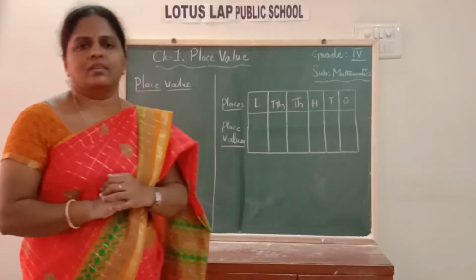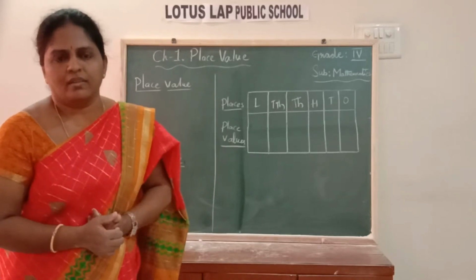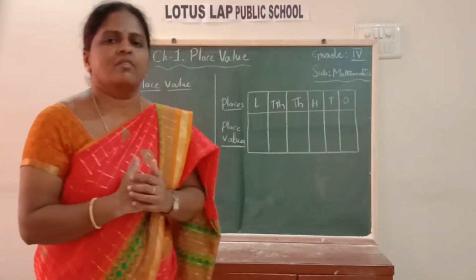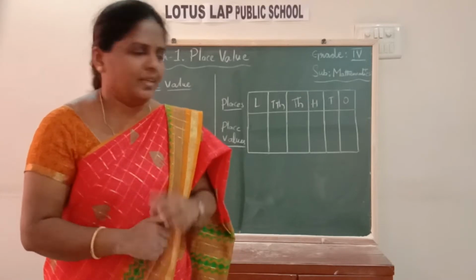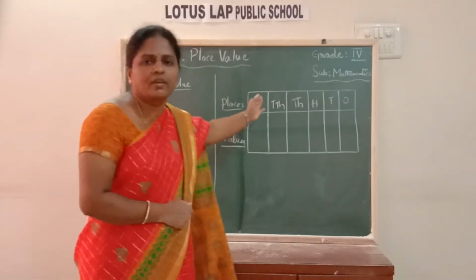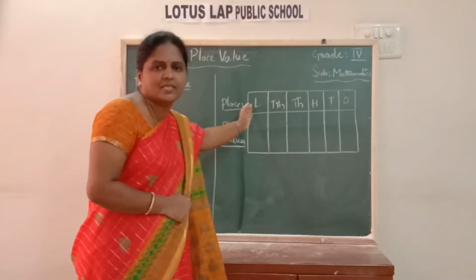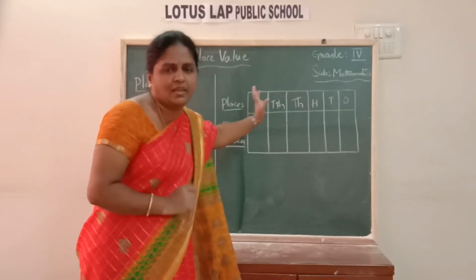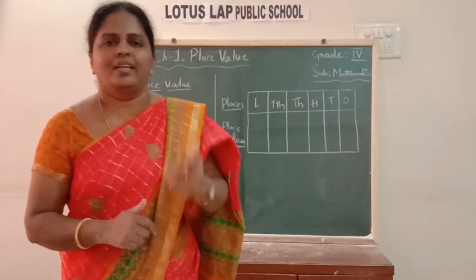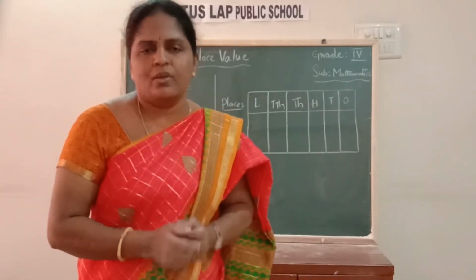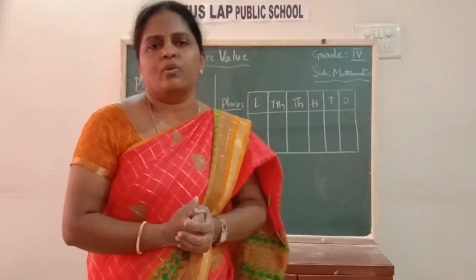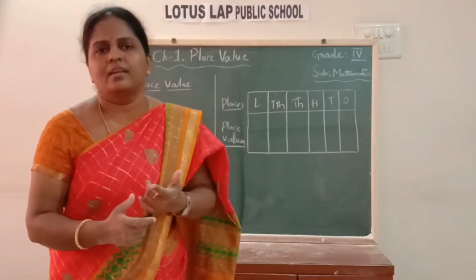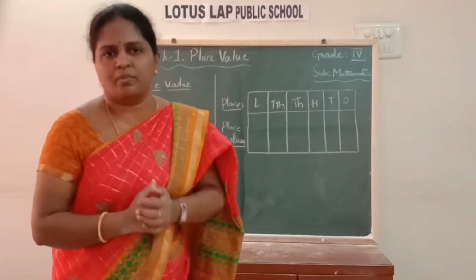Like in our previous video, we learned the introduction of 5 and 6 digit numbers, that is, the places up to 10,000s and then lakhs place. The 5th place is 10,000s and the 6th place is lakhs place. And you also learned how to read and write 5 and 6 digit numbers. You have written the expanded form. I hope you watched the video and tried the sums in exercise 1.1, children.